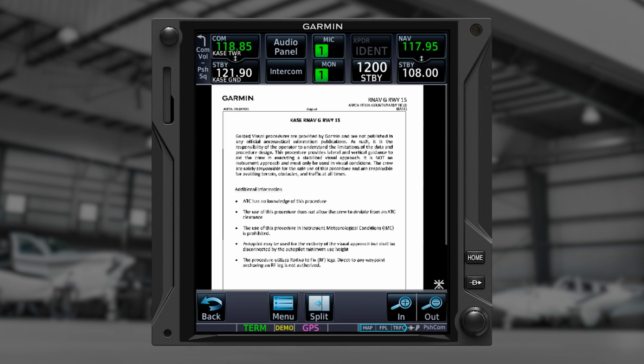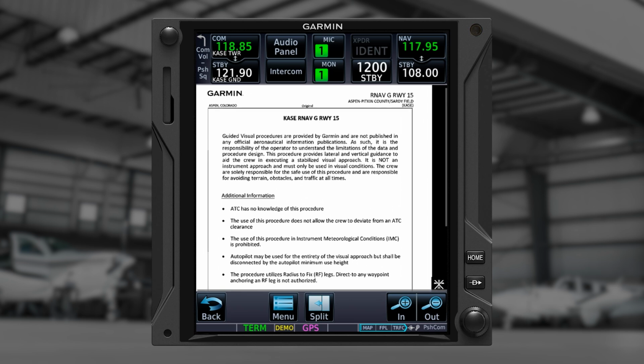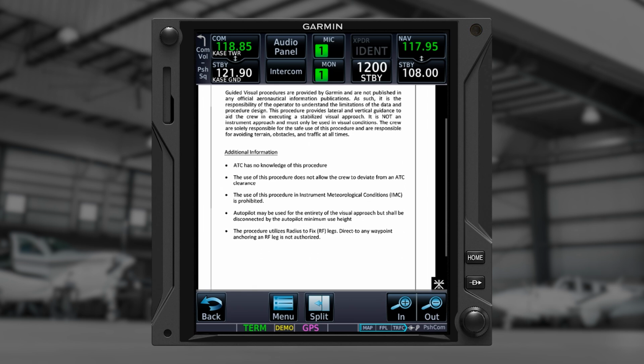As it states, these are not instrument approaches. These approaches are only to be used in visual meteorological conditions to aid you in executing a stabilized approach. ATC has no awareness of these procedures. If they clear you for a visual approach, they expect you to manage the approach visually, so telling them you are conducting the RNAV-G to runway 15 may introduce some confusion. Once cleared for the visual, you're allowed to use any means available to arrive visually, including using these guided visual